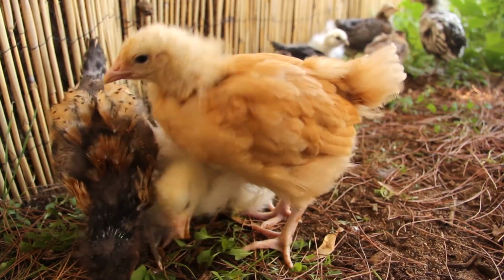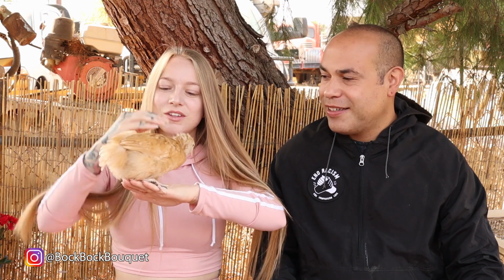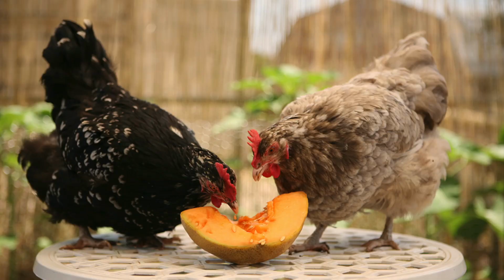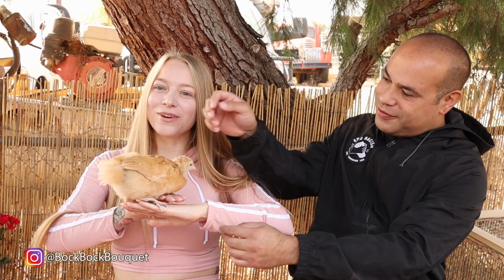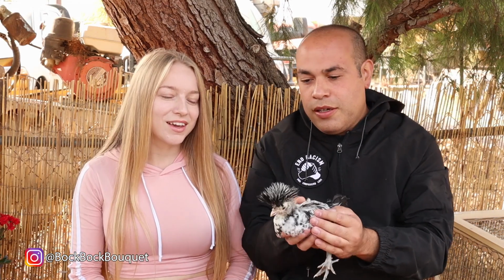Now if you guys remember Buffy, this is her now. She was a little buff Orpington, but I don't know about little anymore. She's the biggest out of all of our chicks. She's really friendly though. She's got blue eyes too, so that's going to be pretty cool to see a buff Orpington with blue eyes. We have a couple other Orpingtons and they are some big heavy girls, so she's going to be a big girl. You can tell already. She's a cutie and she's sweet. I know you're not supposed to have favorites, but...